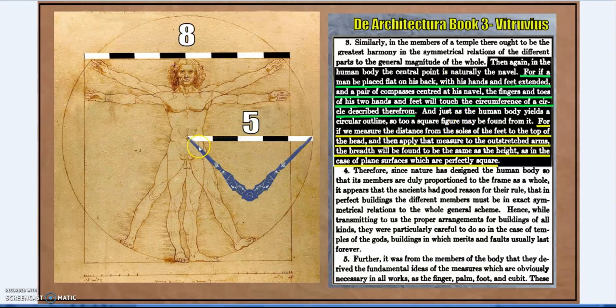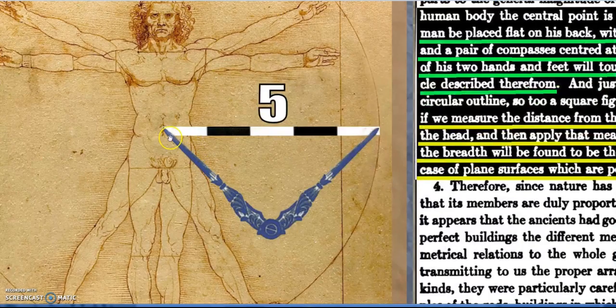Because as Vitruvius describes, if we have the Vitruvian man, so if a man be placed flat on his back with his hands and feet extended and a pair of compasses centered at his navel, the fingers and toes of his 2 hands and feet will touch the circumference of a circle described therefrom. So from the soles of your feet to the tip of your crown, to the tips of your outstretched fingers is equal, your width from fingertip to fingertip is equal to your height, and if the compasses that draw this